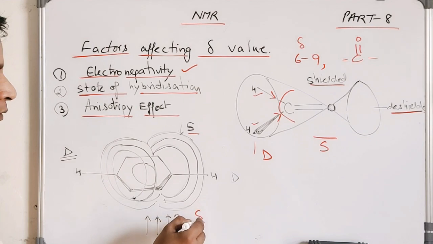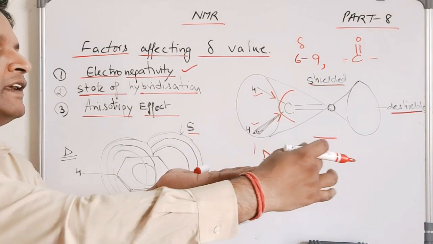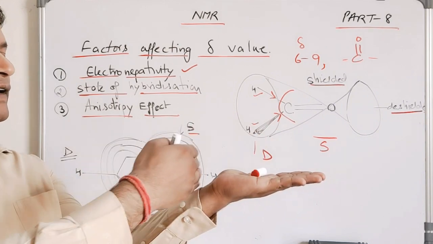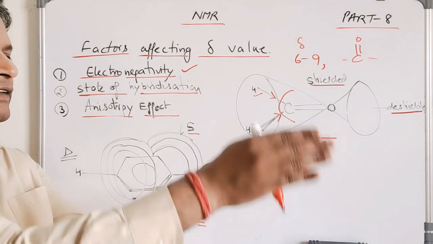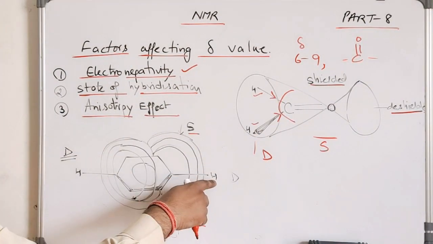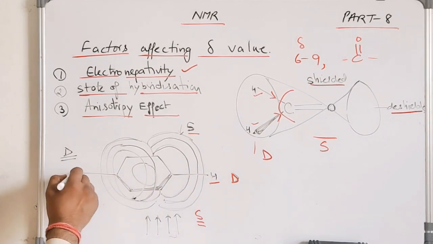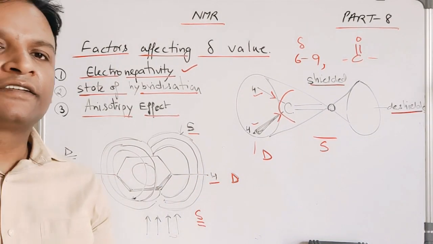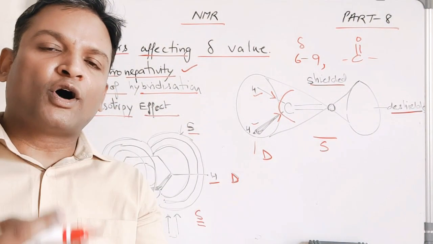Above and below we will be observing a shielded region, but inside the ring, this is the above, this is the cloud, but inside the cloud there is a proton, and the proton will be in a de-shielded region. And we can say that this generation of electron cloud, this movement of electron cloud around the aromatic compound will